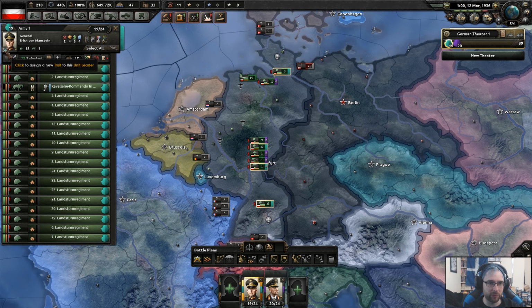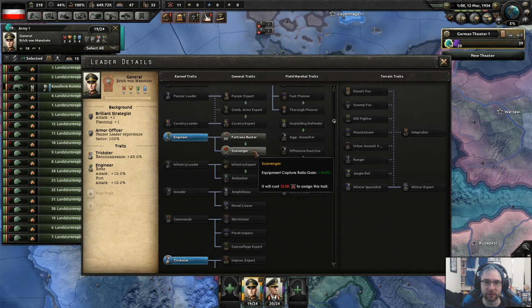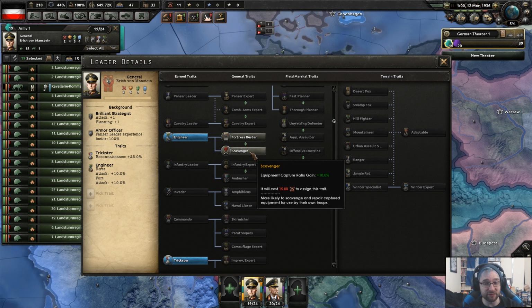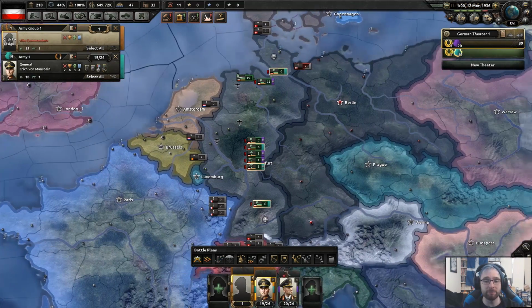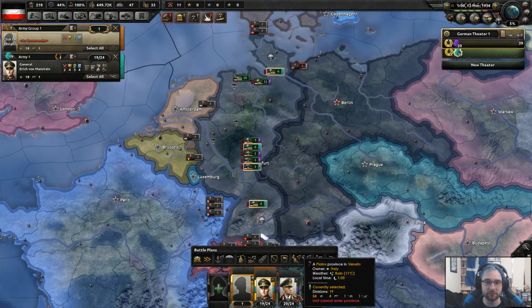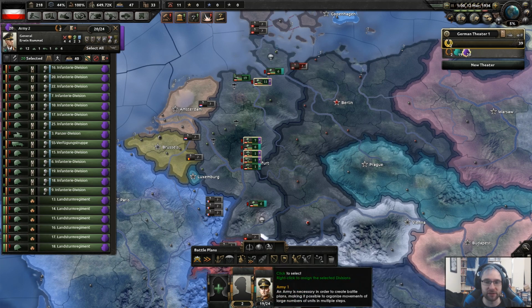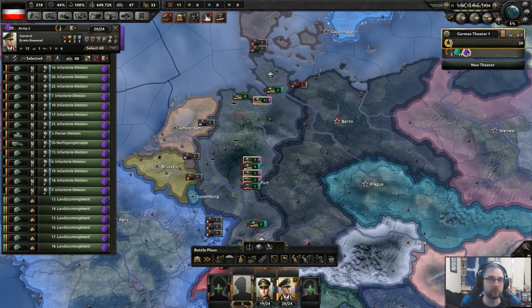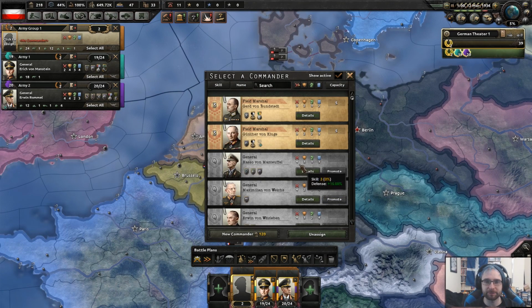I don't think we'll be able to afford whatever trait you want, because we've only got 11. That costs 15. Yeah, so these traits cost 15. We can't afford it. We can get Fortress Buster, Scavenger, Guerrilla Fighter, and then we can put them into an army group. So, notice how this unit is now an army group. That's now an army group, and the army group has 2 armies to it. And then we can put something in charge. That's going to be a Field Marshal. So let's put,